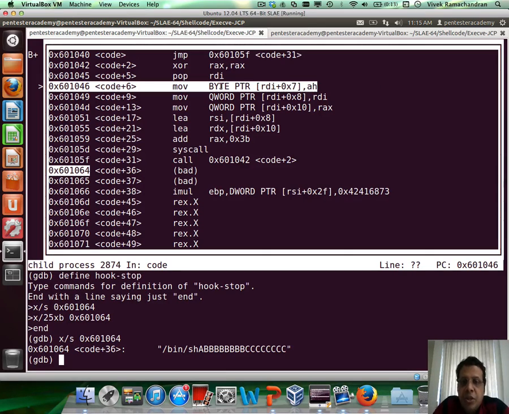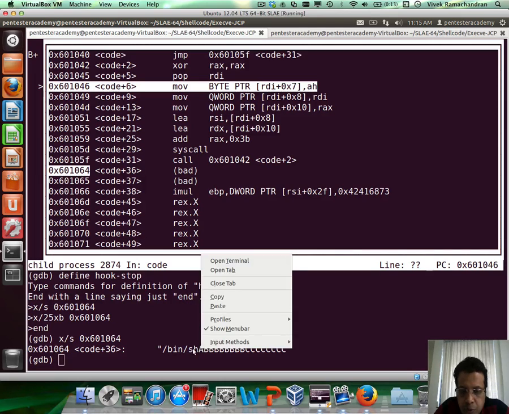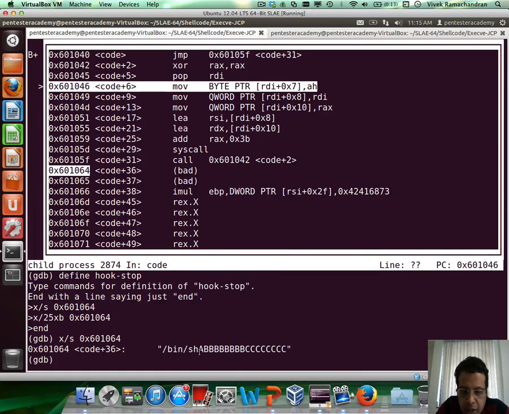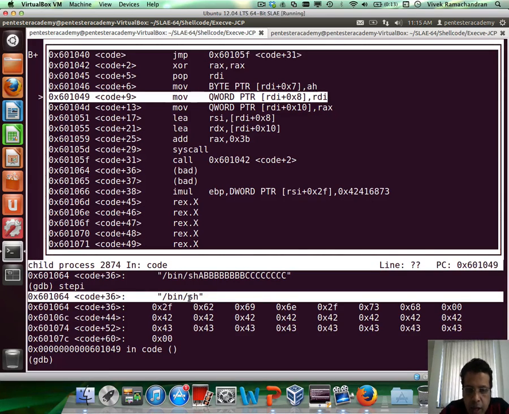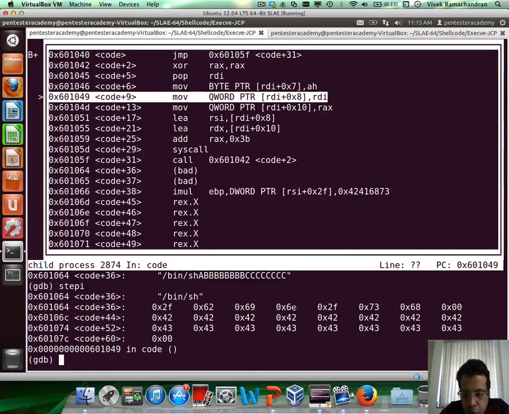Now the next instruction, mov byte ptr [RDI+7], AH, is actually going to move AH, which contains a 0, into that position, right, which will ensure that bin sh would be null terminated. So let's verify that with a step i. And if you notice, now bin sh is what is displayed at that location. And simply because the position here 0, 1, 2, 3, 4, 5, 6, and 7 has been overwritten by null